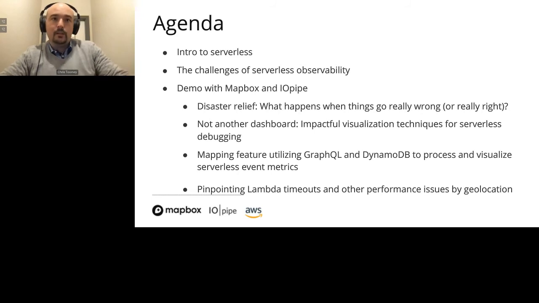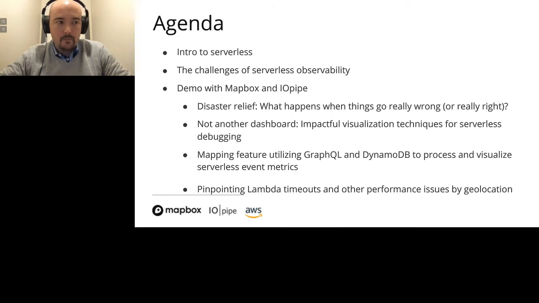The idea being that it's great to know that Lambda A is failing, but if those requests are all coming from, I don't know, the middle of the Isle of Man, that's important to know. It's not just an IP address, it actually has a physical location. So we're going to help paint this picture and show you how to accomplish something like this really quick. This is a demo that we hacked in about 96 hours because we wanted to know if it was actually possible to do this and do this quickly. Basically, we were stress testing both of our platforms.